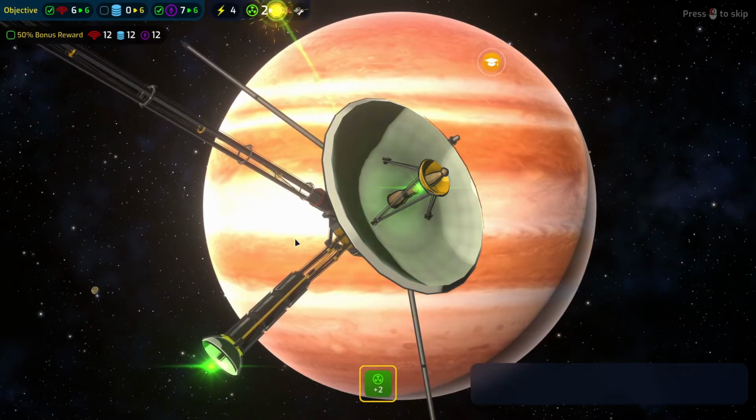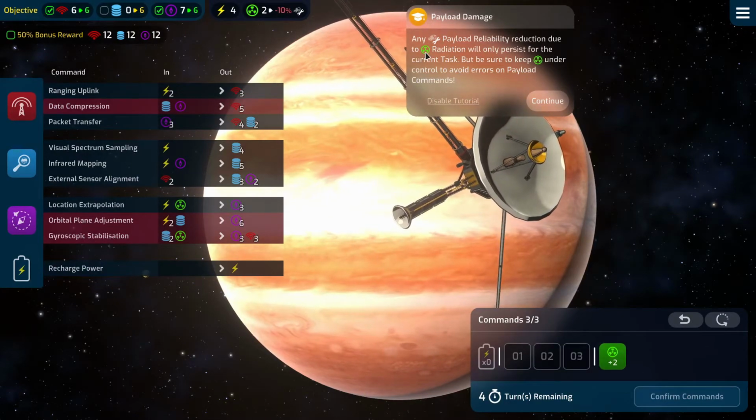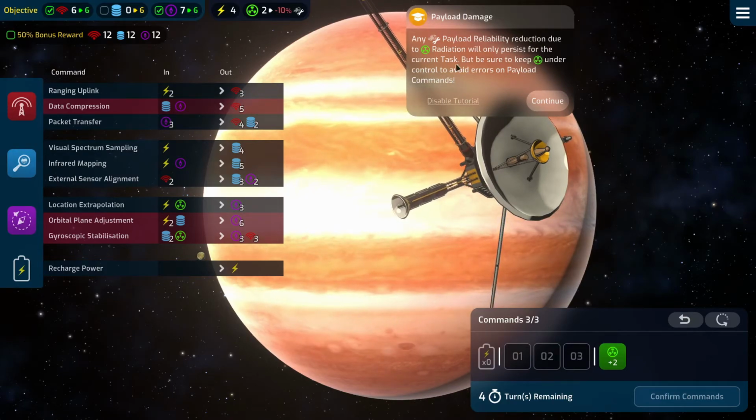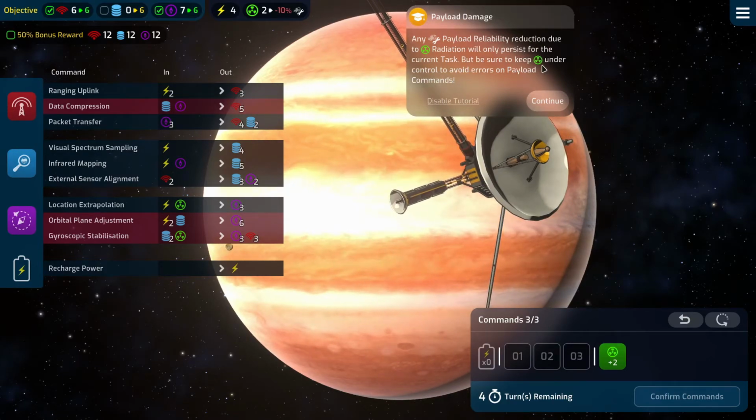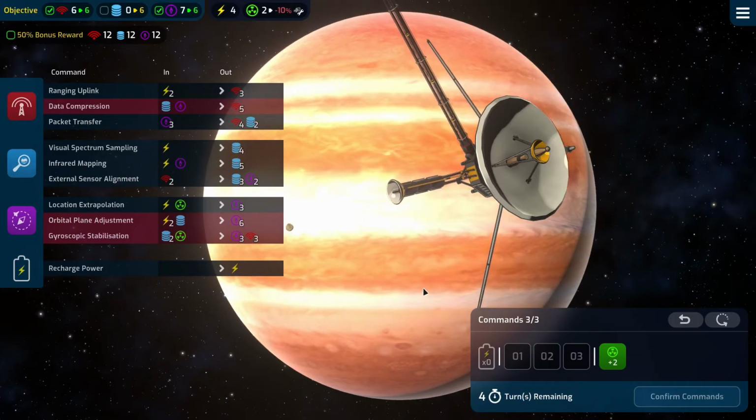Oh, okay. I presume it just lowers it down. Payload damage: any payload reliability reduction due to the radiation will only persist for the current task, but be sure to keep radiation under control to avoid errors on payload commands. Okay, so